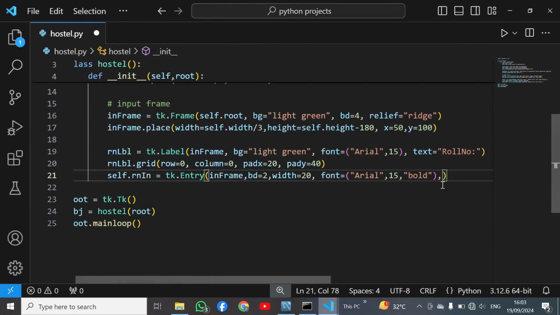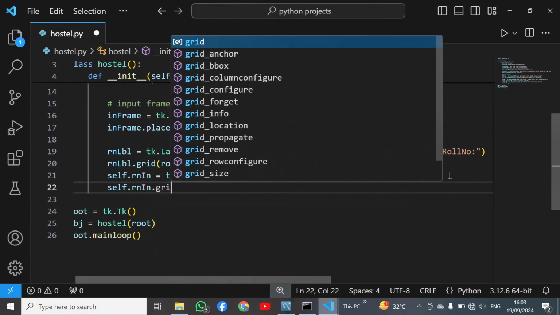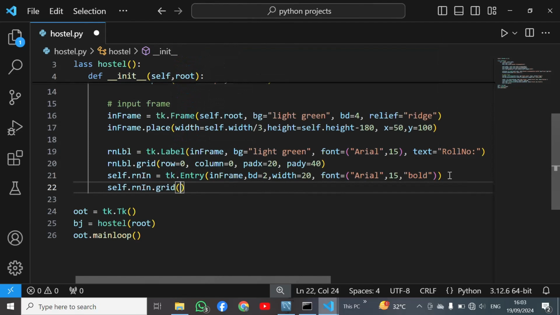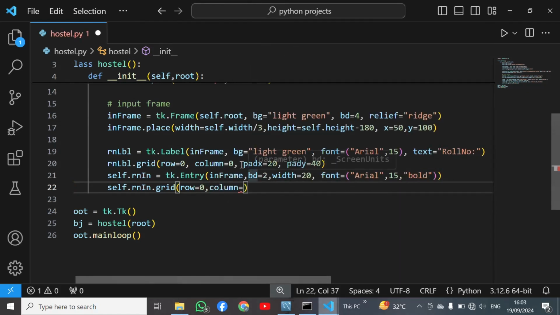So I will go to next line. I will remove this column, comma, and I will go to next line to set its layout. So here I will use self.rn.grid. Okay, and here I have to define row number. I have to use the first row for this, but second column. Okay, because in first column we have this roll number label, and in second column we have to create this